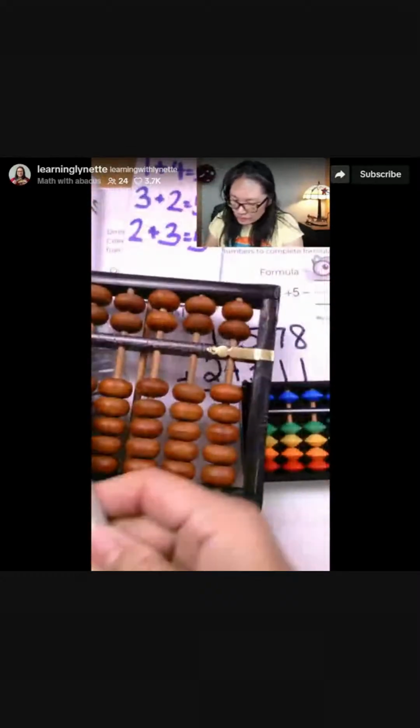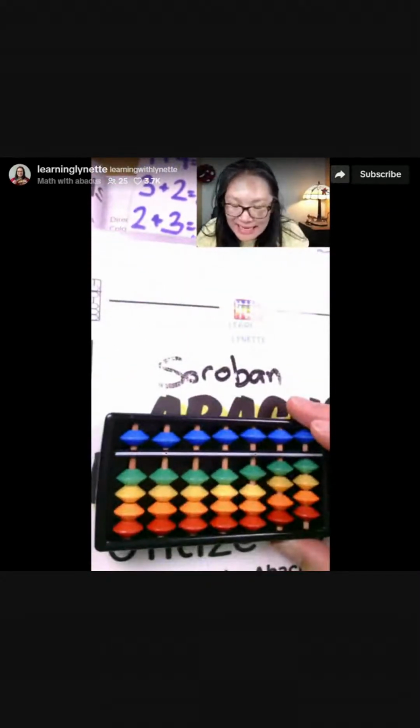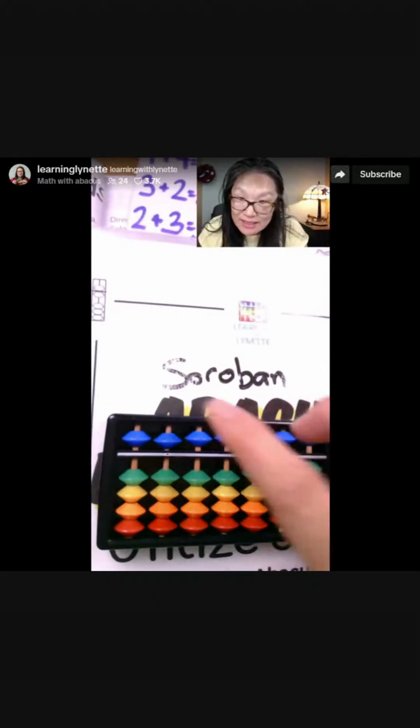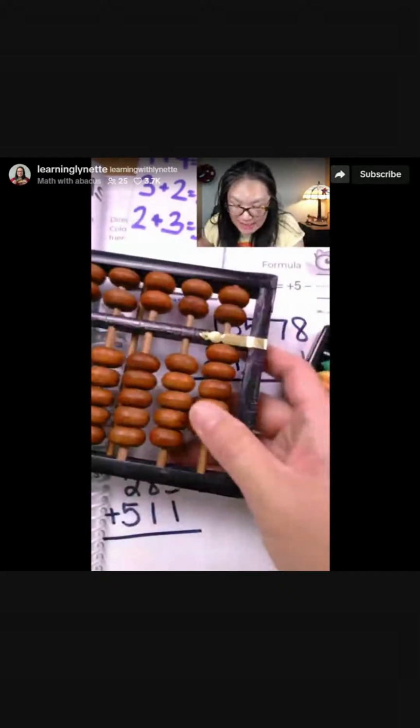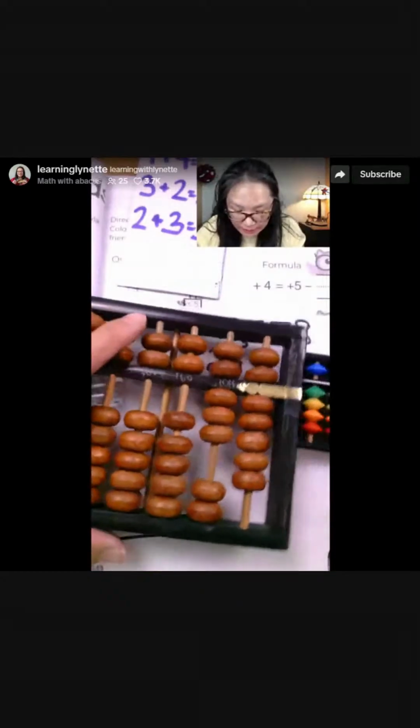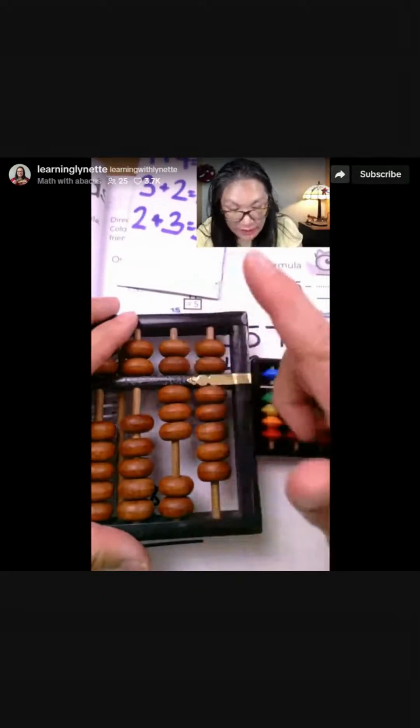The Japanese abacus is called a soroban. The Chinese abacus is called a suanpan. The difference is they just have more beads. It works very similar, right? So we have